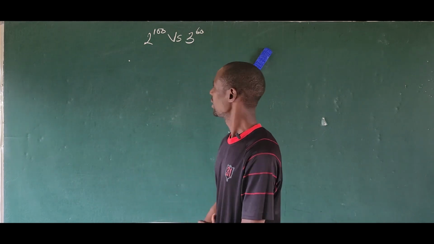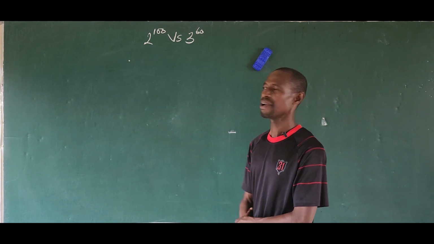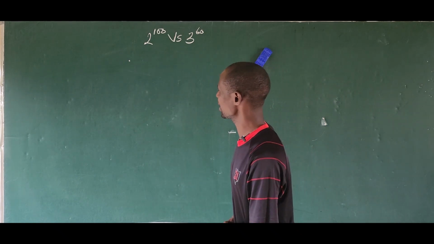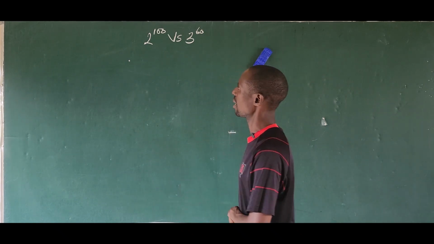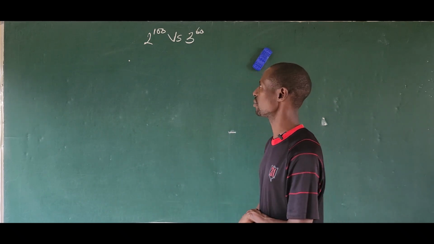Hello, welcome. Here we have this expression, 2 to the power of 100 versus 3 to the power of 60. Which is greater? We're going to use some simple logic in actually getting the value which is greater, because